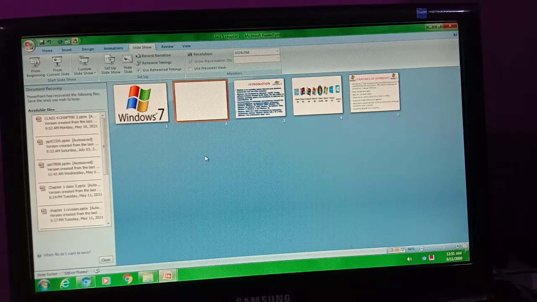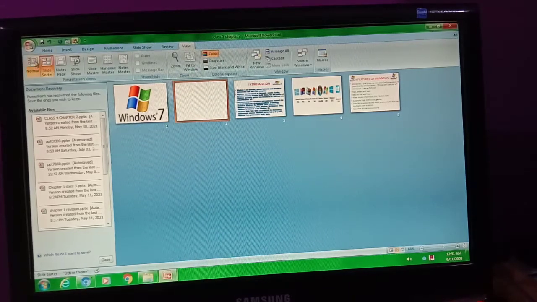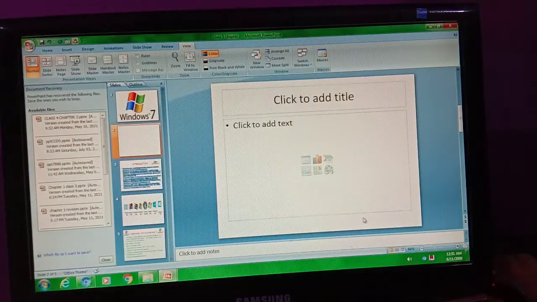So this is all from chapter 3, the main points I have explained to you. Now let's revise slide organization, starting with how to add a new slide. First of all, let's come back to the normal view. How to add a new slide? It's very easy. Go to the Home tab.